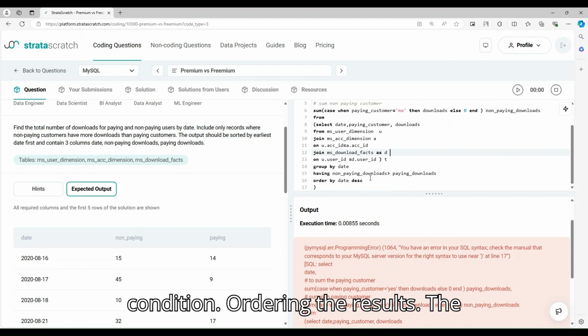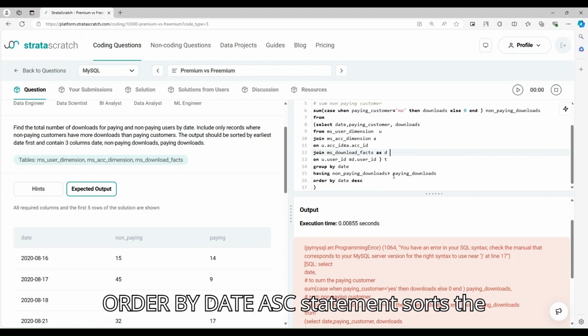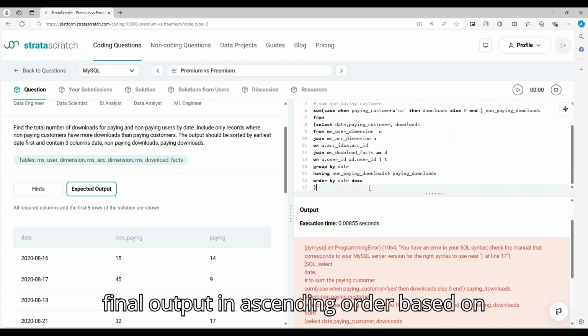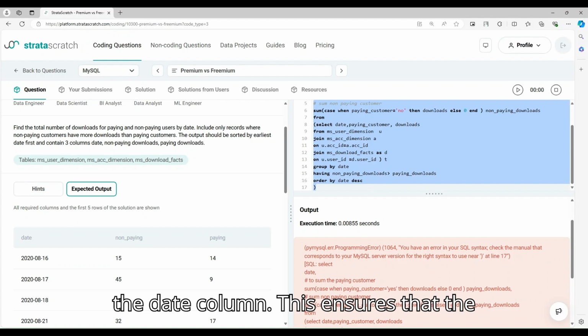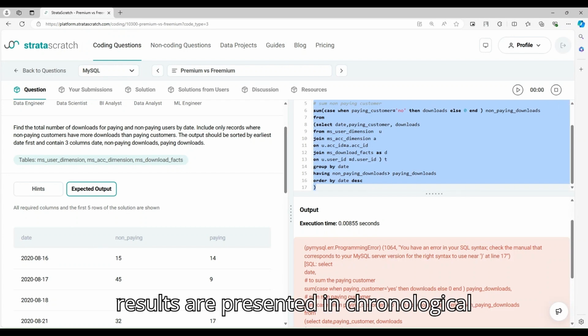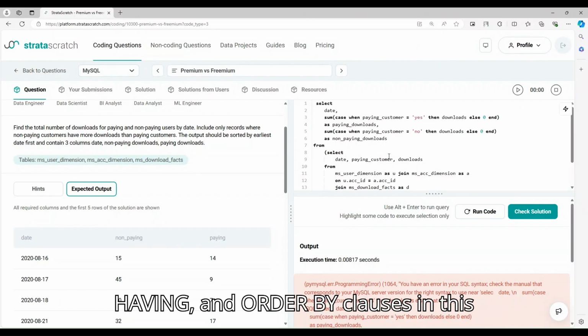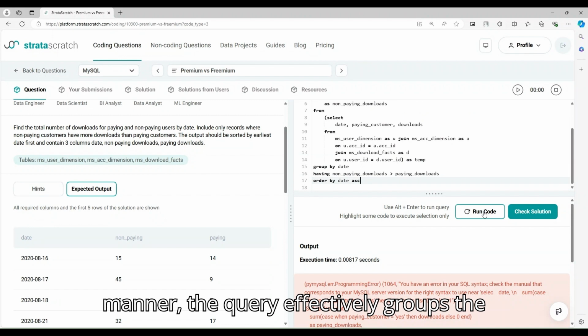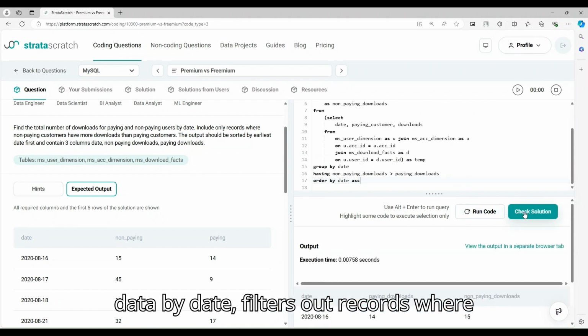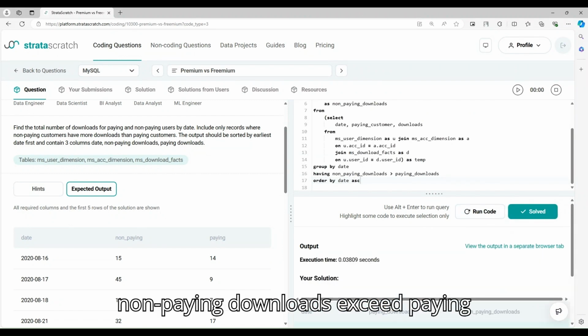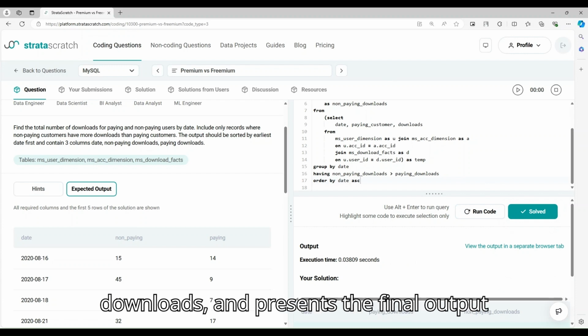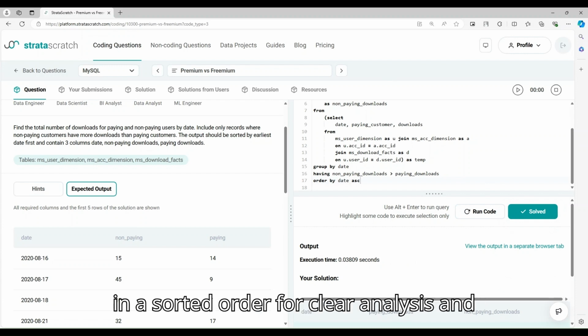Ordering the results. The order by date ASC statement sorts the final output in ascending order based on the date column. This ensures that the results are presented in chronological order from the earliest date to the latest. By utilizing the group by, having, and order by clauses in this manner, the query effectively groups the data by date, filters for records where non-paying downloads exceed paying downloads, and presents the final output in sorted order for clear